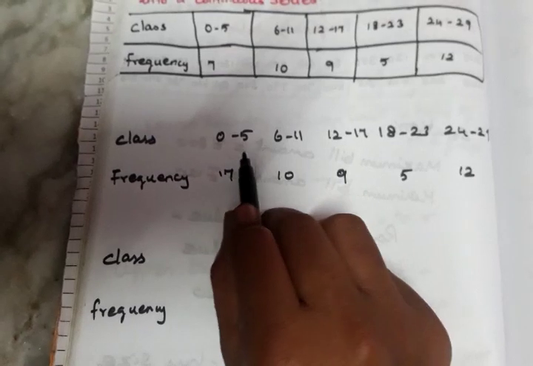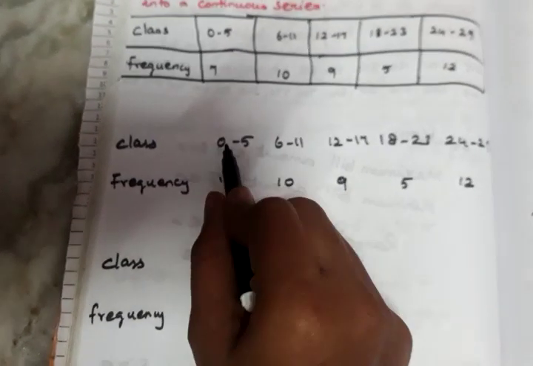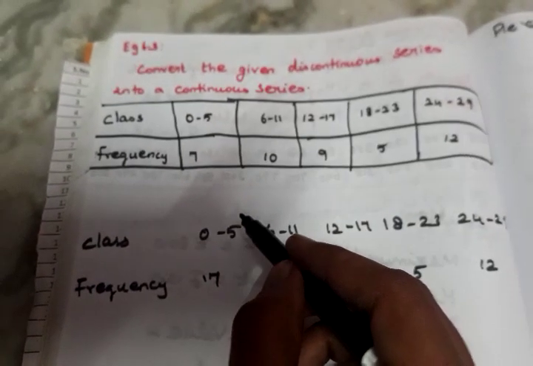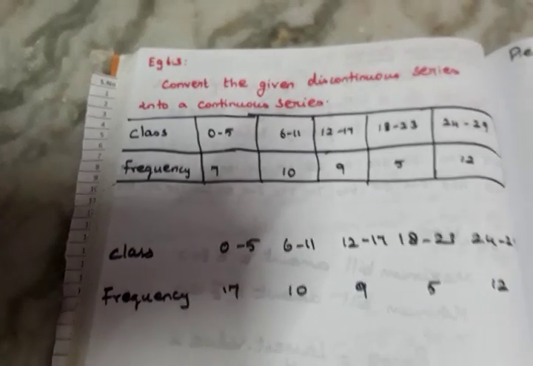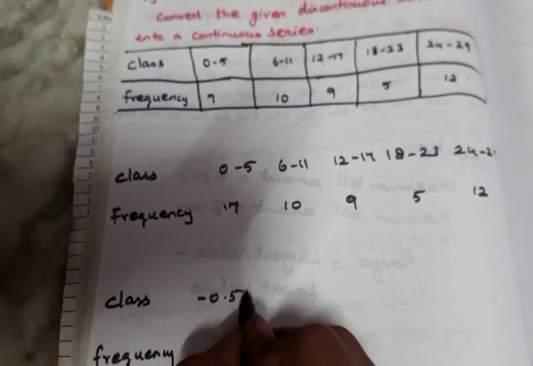So the gap is 1. Half of the gap, 1 by 2, is 0.5. So 0 minus 0.5, and the class starts at